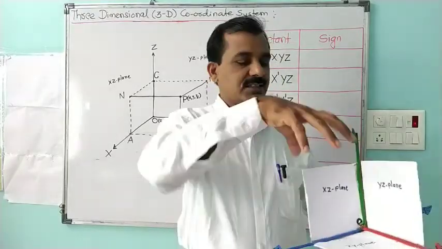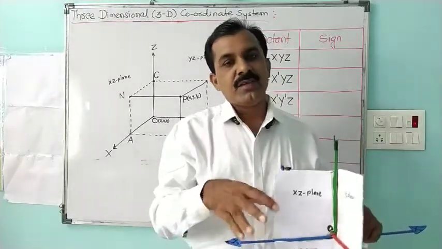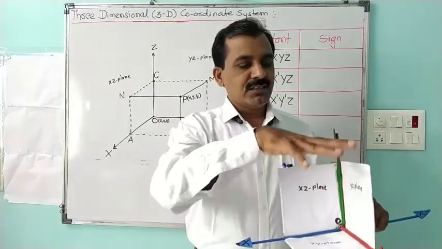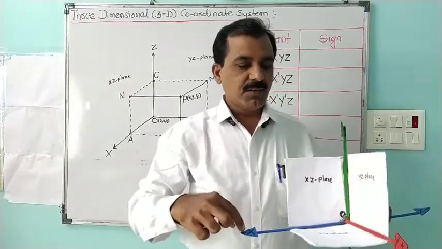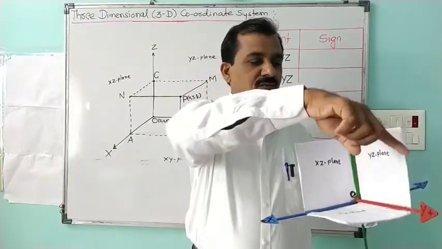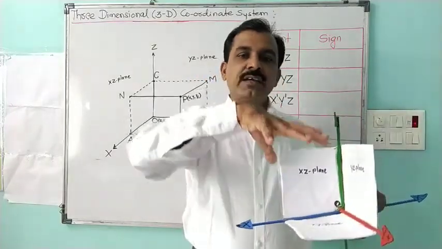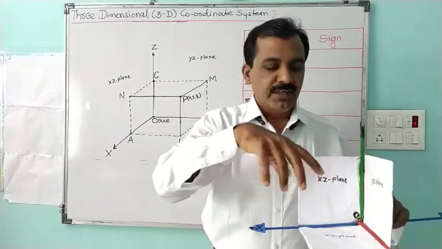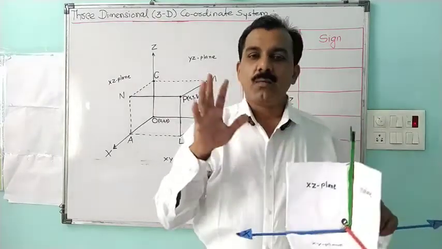About the positive z-axis, above this plane, we have 8 octants. If I consider the first, that is the positive x-axis, positive y-axis and positive z-axis, then the octant formed in this part is called the first octant, in which all the axes are positive.